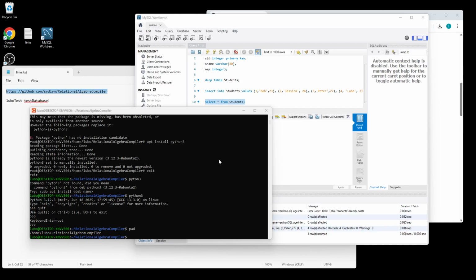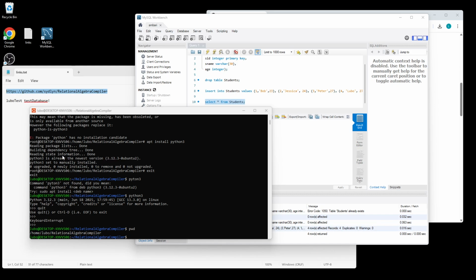Okay, hello everyone. The idea of this video is we created this software for executing relational algebra. The software is called the Relational Algebra Compiler, but actually it is an interpreter. The cool thing about the software is that one can write relational algebra queries and then see the result. The software is implemented in Python and we use pandas data frames to perform the different